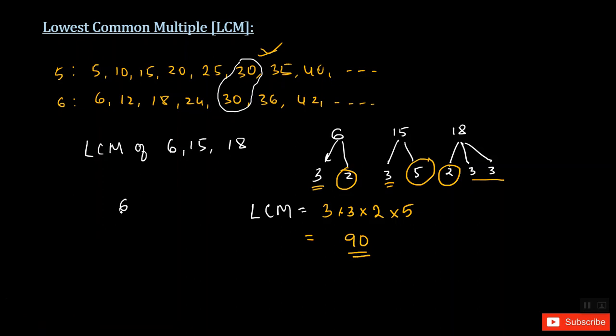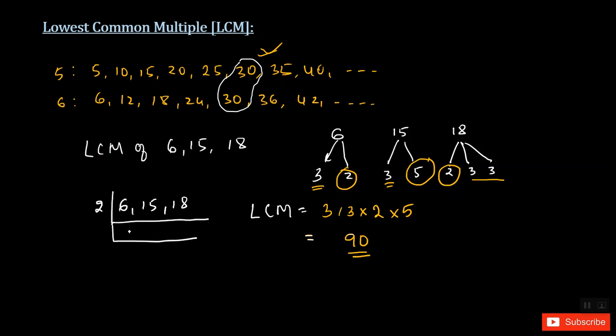I can write the numbers here as 6, 15, 18. So do the same thing as the prime factorization. Divide by 2 or 3. I would suggest you go with a prime number and start with the smallest prime. Or if you think that 6, 15 and 18 all appear in the 3 times table, then instead of dividing by 2, you can go with 3, no matter. In the end, the result you get will be the same. So let me just start with the 2.